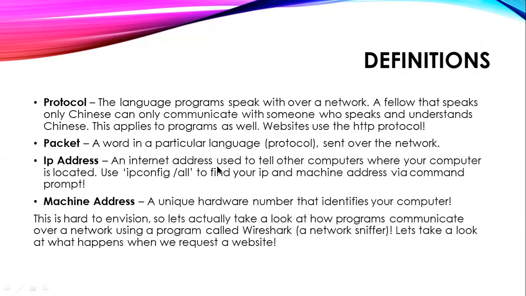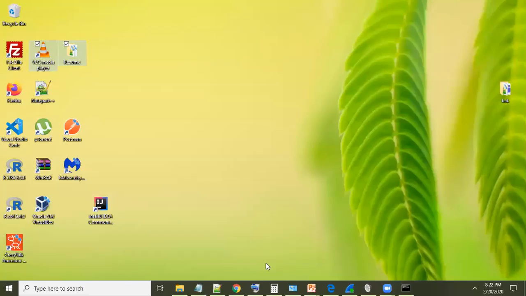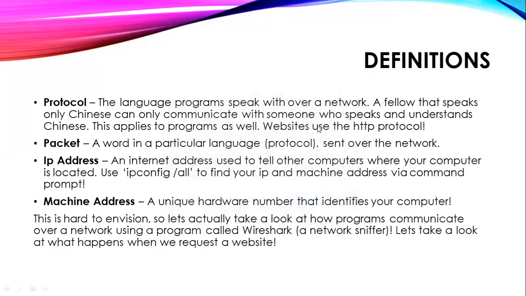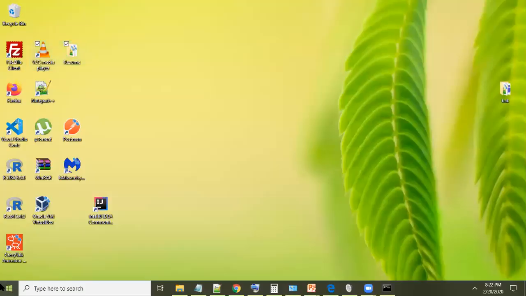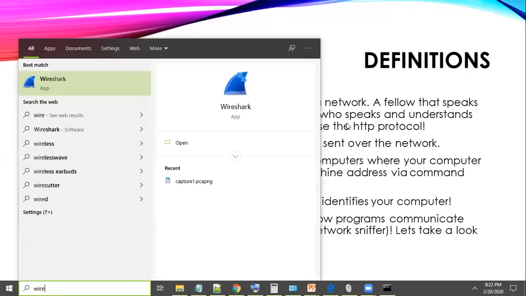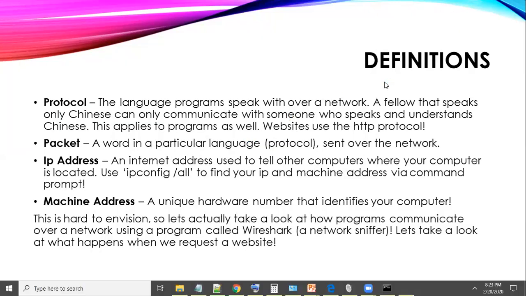Okay, so this might be hard to envision, and you might be wondering why I showed this to you. So let's use this program called Wireshark, which I just installed, in order to take a look at these actual packets and what is going on behind the scenes when we have applications communicating with each other. This is just a quick thing, and if I can't get it started, we will just skip over it. Seems to be having trouble. This is my old computer. So there we go.